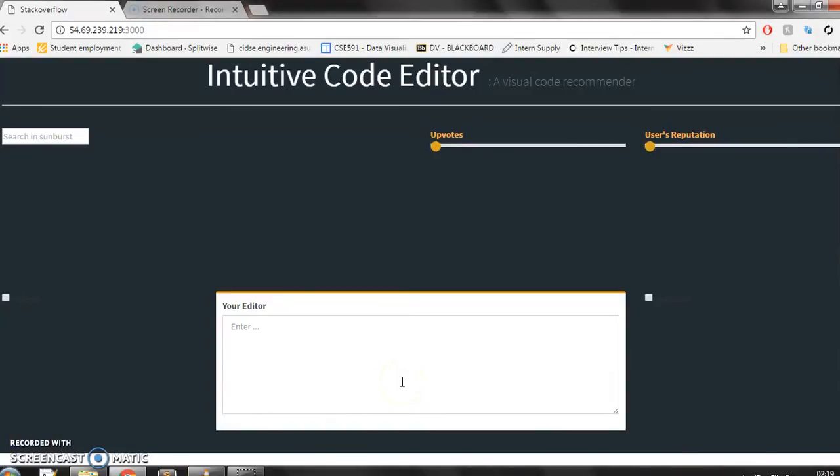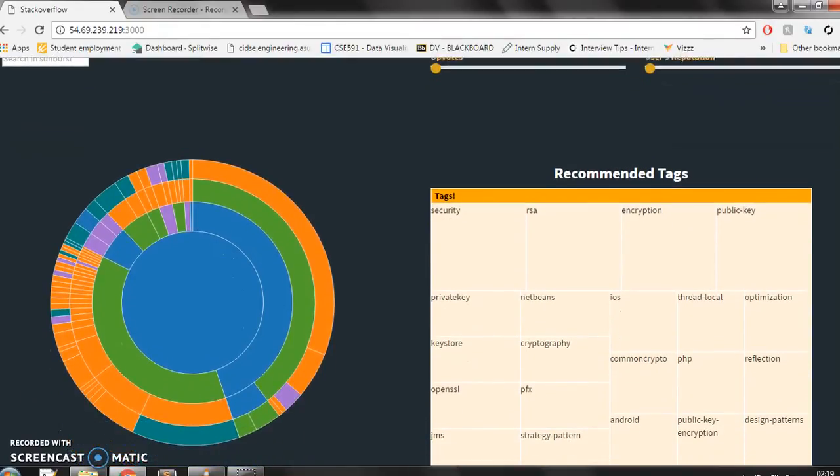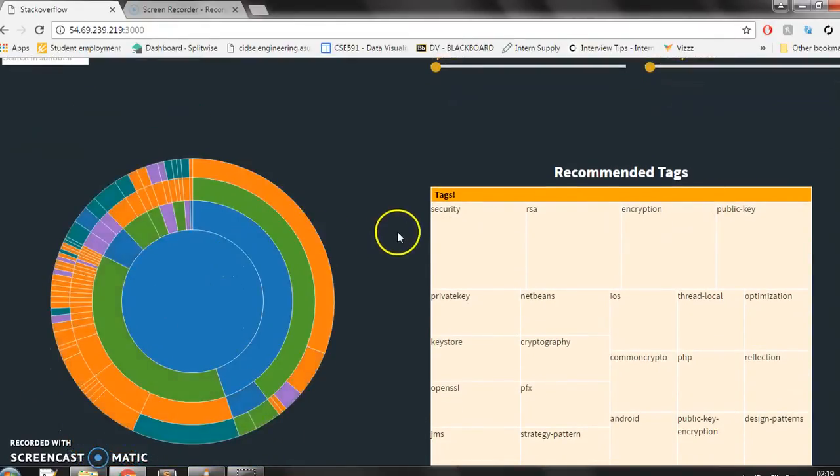Let's now see how our system works. This is the code editor right here. So this is where the user will be typing his code, and let's just assume that I am the user now, and I'll have to type my Java code here. Now let's say I type my word, say public, and we will see what happens. So we will now be seeing two visualizations that have just popped up, one on the left which is a sunburst and one on the right which is a zoomable tree map.